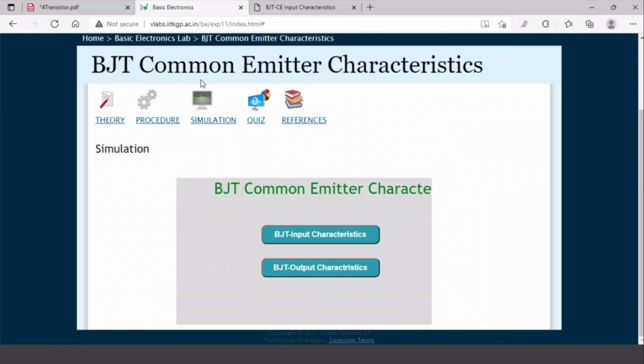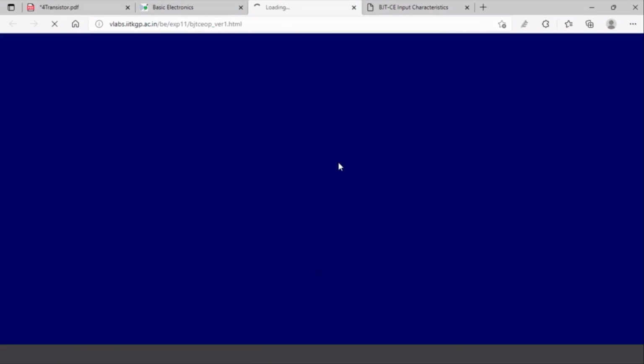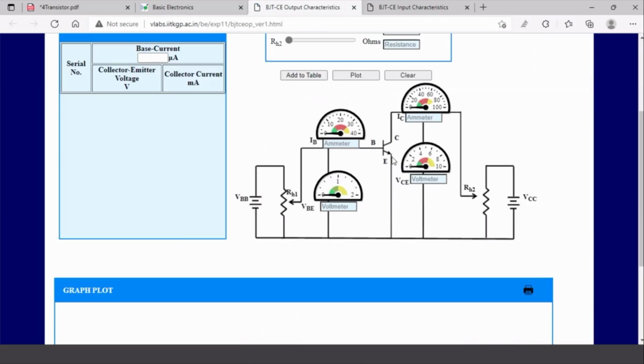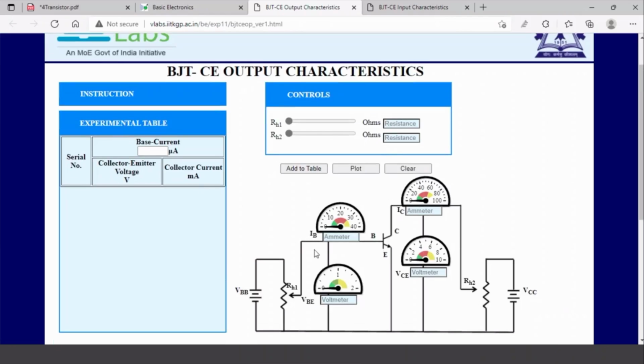Now if you go back to the main page of this experiment, you can click on output characteristics and it will open another page. So in output characteristics, what are you getting? Output means, we know collector current is the output because it's a common emitter configuration, and output voltage here is the voltage across collector and emitter. Again, how to vary the value of base current for a given base current? We vary it by changing this rheostat value, the resistance RH1. Again, same circuit is there, ammeter and voltmeter at input and output.